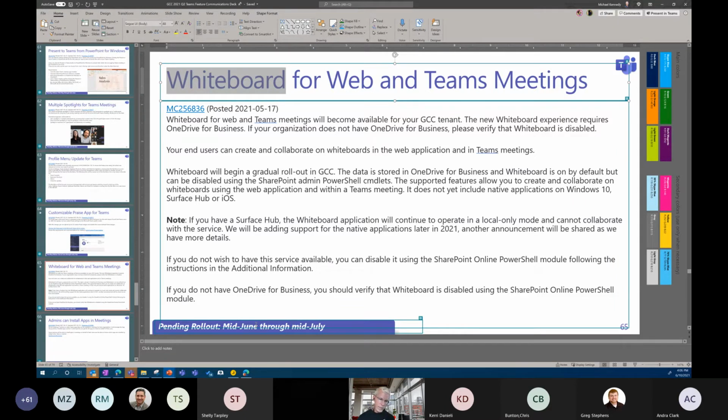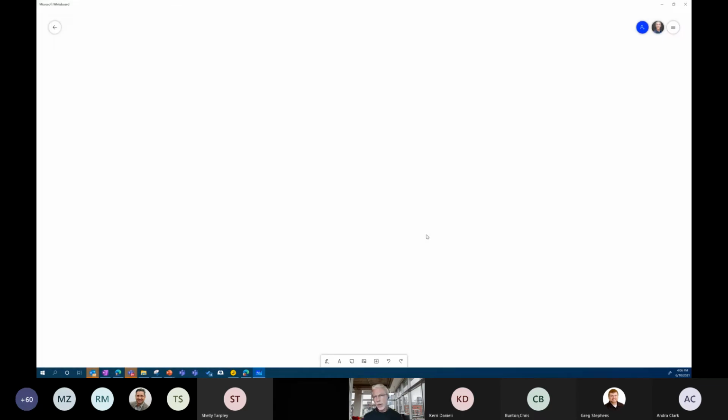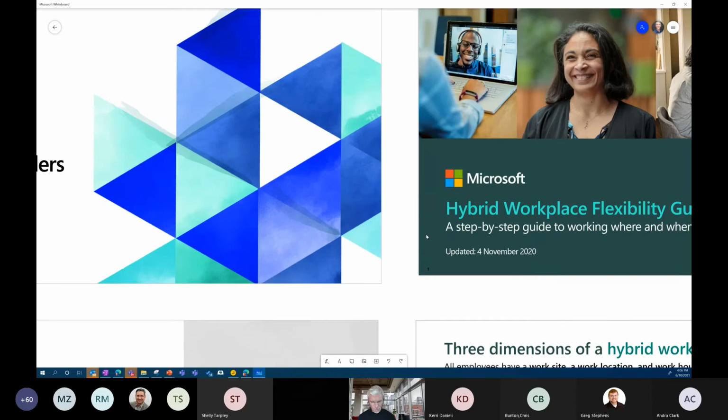Now, I will say this about Whiteboard. We have Whiteboard in a commercial tenant. There are two primary flavors of Whiteboard. There is Whiteboard for web and Teams. And then there is the Microsoft Whiteboard app that you can download from the Microsoft Store, or your IT organization can download and push out so that you have it on your machine. The reason I want to bring this up is that I